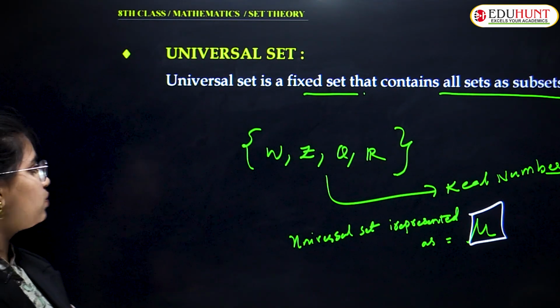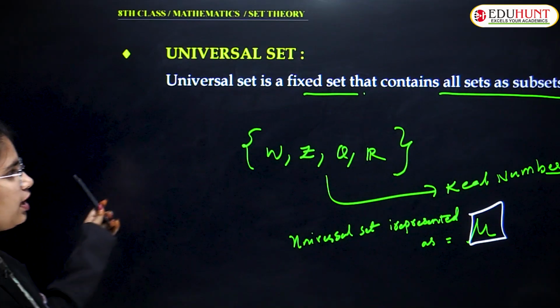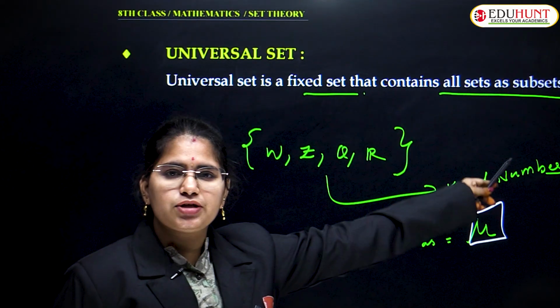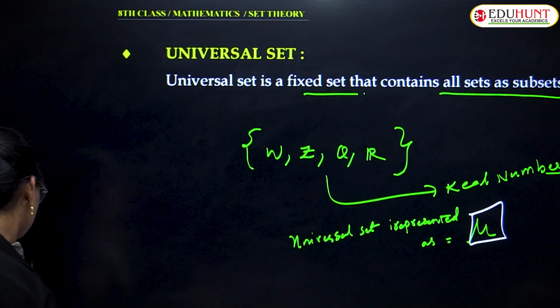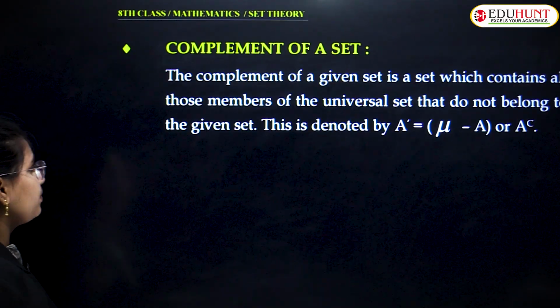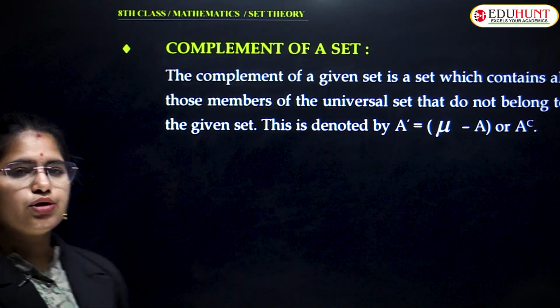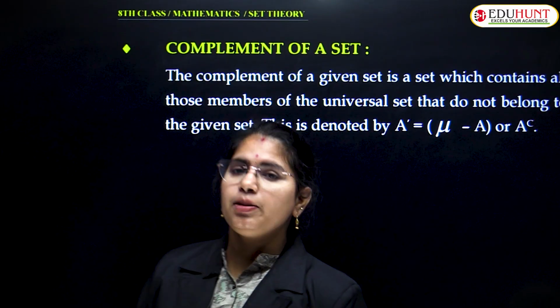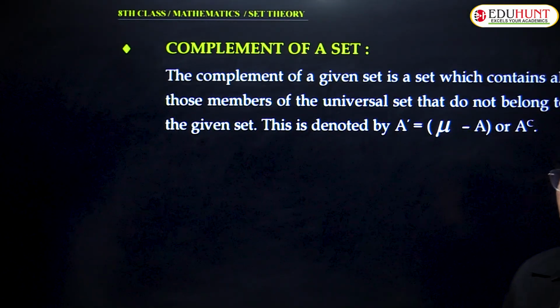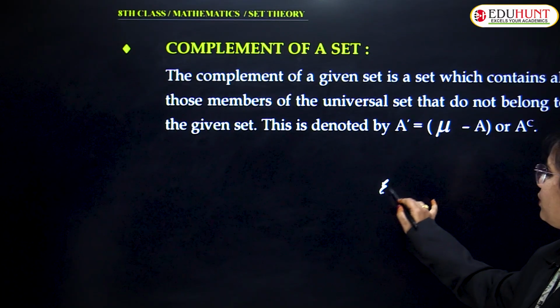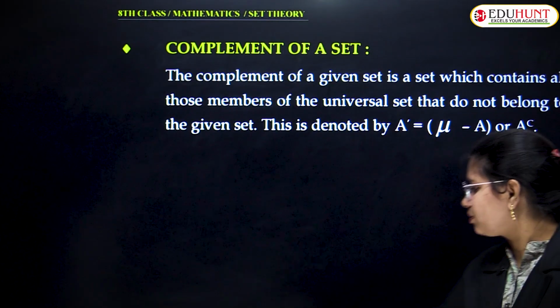So, that is what they have, all sets as its subsets, it will keep like universal set, okay? Note down the definition with example. Next one you are going to learn is complement of set. Complement of set. What do you mean by this? Let me start with narrating the example.